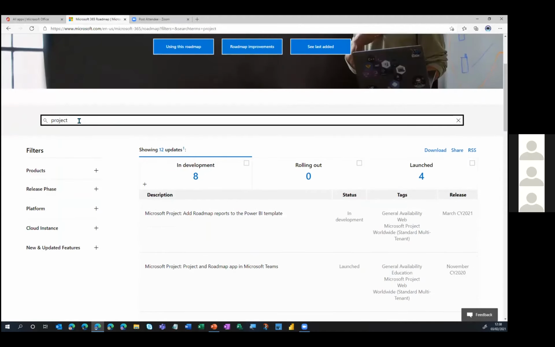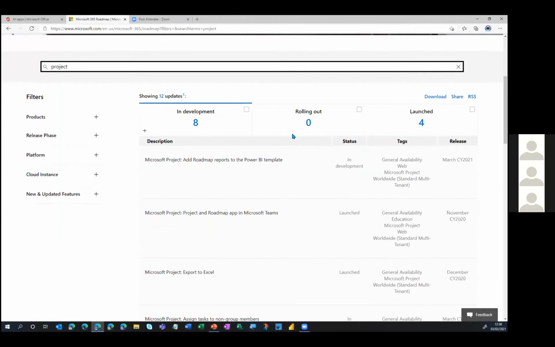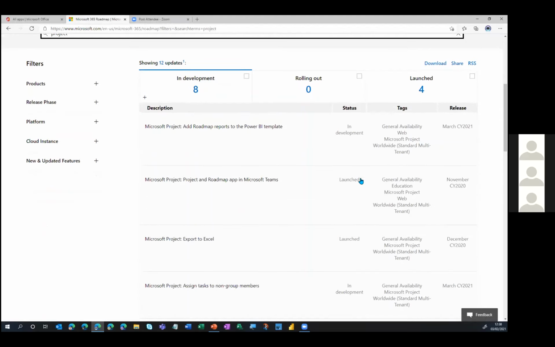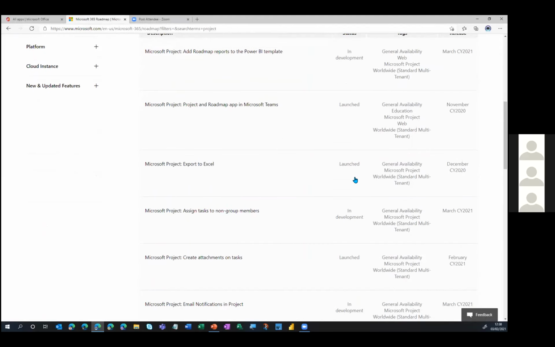So again, I've filtered this by Project, and here we can see which features are now in development and which ones have been launched. So again, Microsoft are really engaged with the audience here for Project. By tapping into Project for the Web or even into Power Apps, you can really shape the way in which they are actually going to develop.